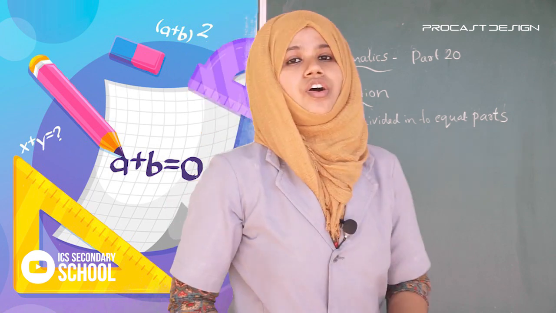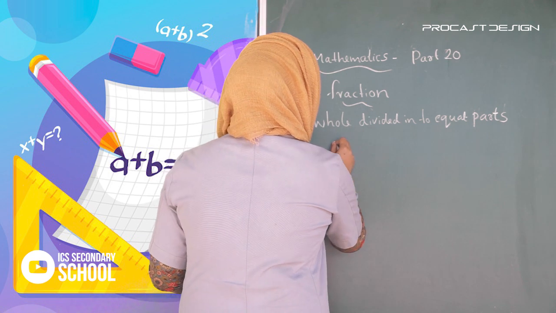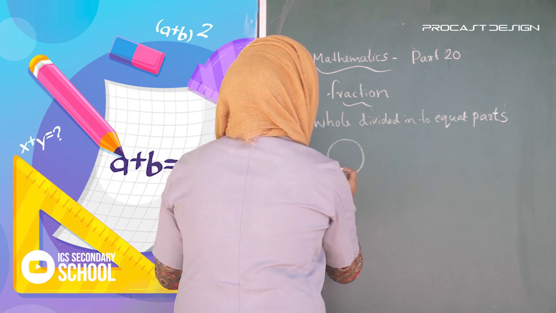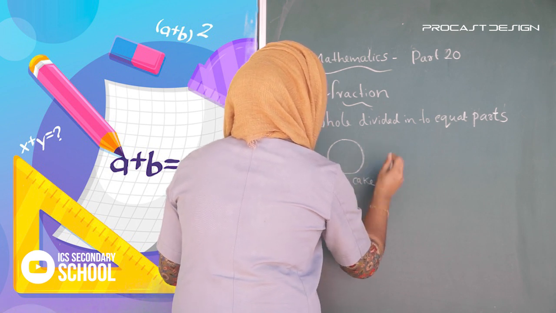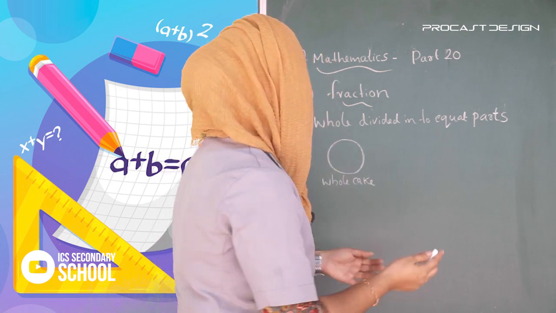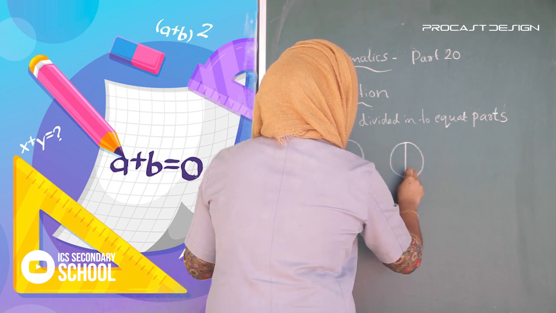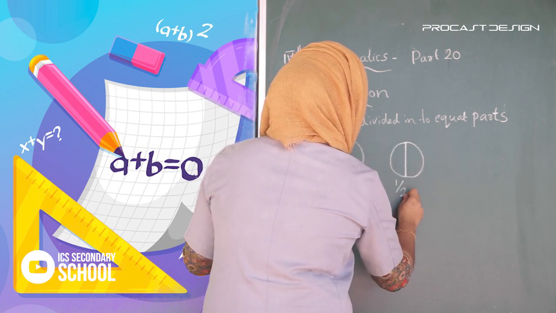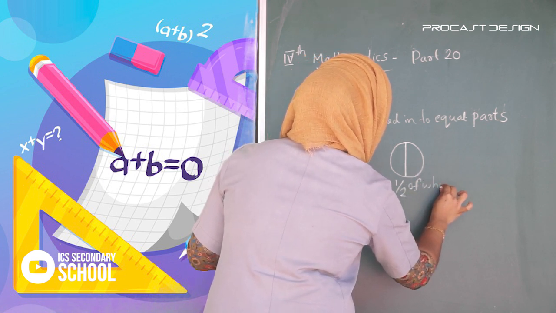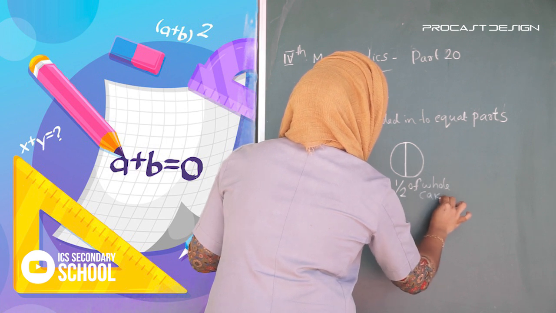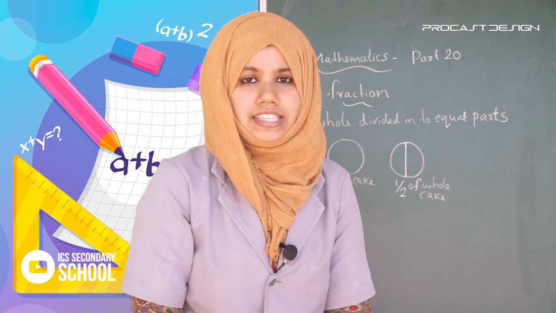A fraction means whole divided into equal parts. I have an example like this: just imagine a whole cake. This is a whole cake. Okay, now it is divided into two equal parts. That means half of the whole cake. This cake is divided into two equal parts. Okay, next is